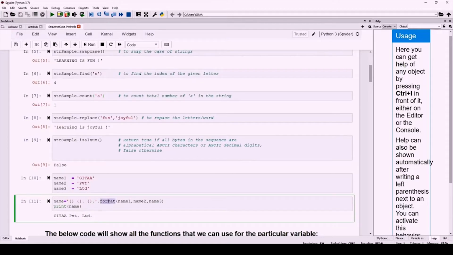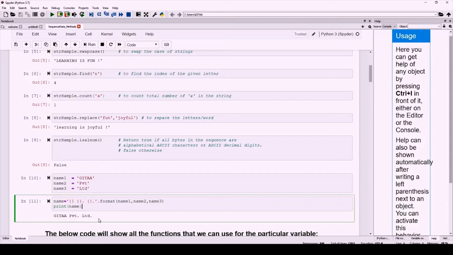Using the format method, I give the values that I wish to put inside those placeholders. name1 will go to the first placeholder, name2 to the second, and name3 to the third one. I have also given what needs to be there after that particular value. I have given a dot, so it is going to be present with a period as well. So the final name would be Geeta private dot limited.